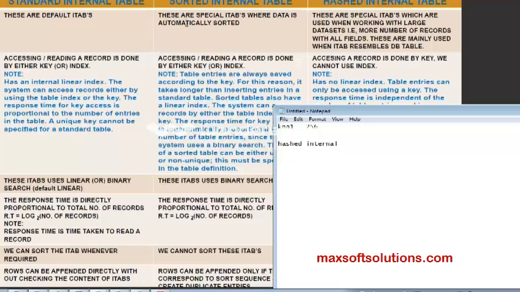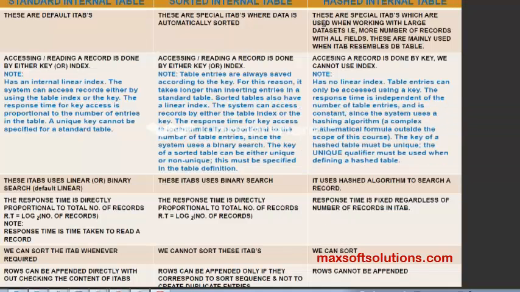The first thing is, if you want to sort this internal table, we can't sort. Why? Because it is automatically sorted. And one more thing is, we can't sort this internal table in descending order. And we never go for all the fields in a table. Maximum we'll go for 10 to 15 fields in real time. So that's why this is also not used. We never go for the large data sets. So that's why these two are not used.